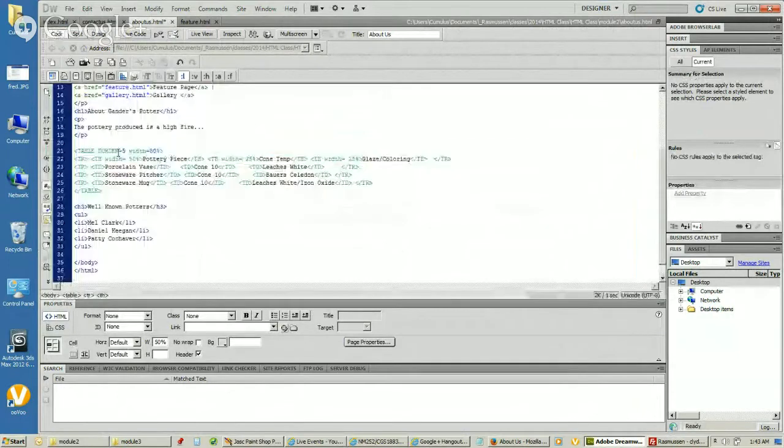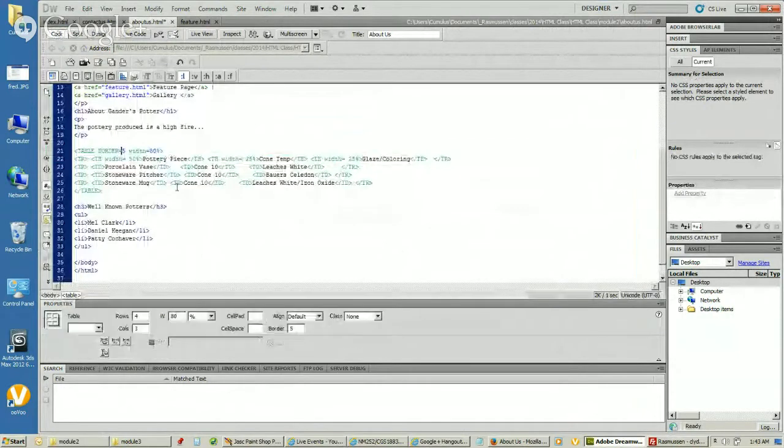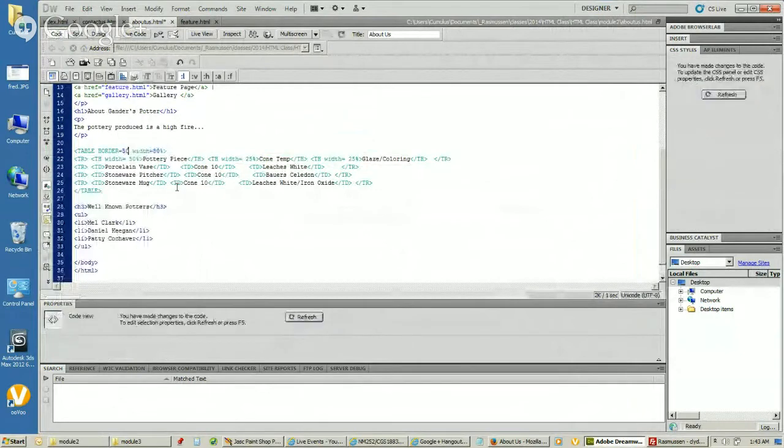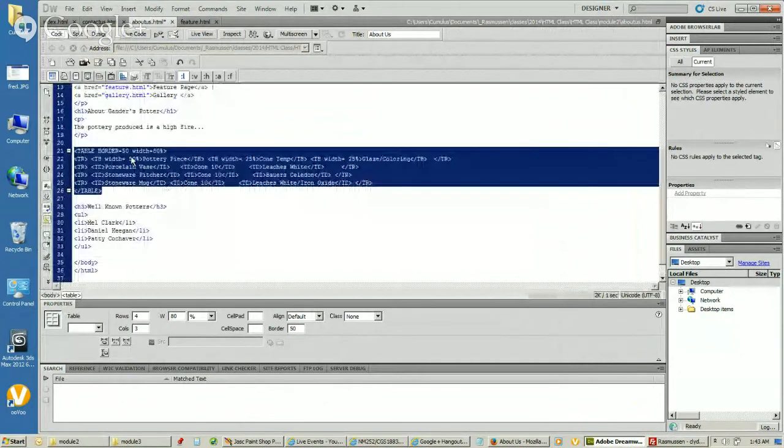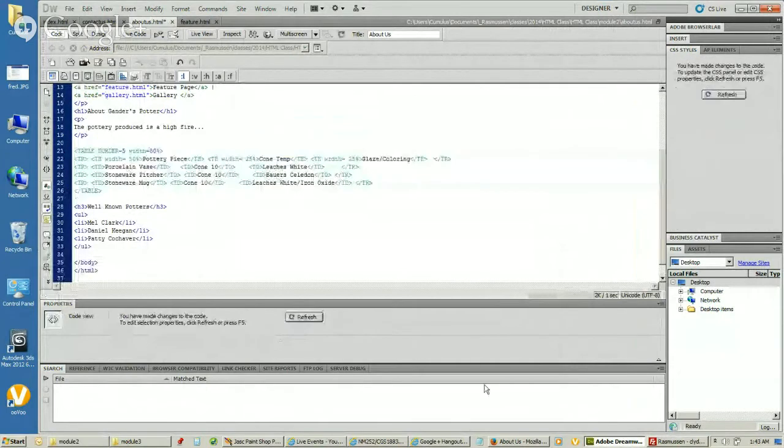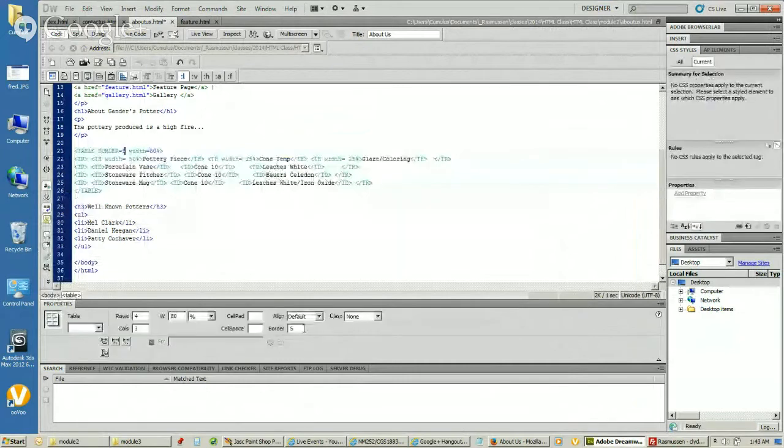If I was to make that, say, 50 pixels, let's see what happens. I refresh and switch over here to design. Look at how much bigger that border is now. Okay, but we'll go back and change that to 5 since that's what our assignment was. So we've got 5 pixels, and they also want us to